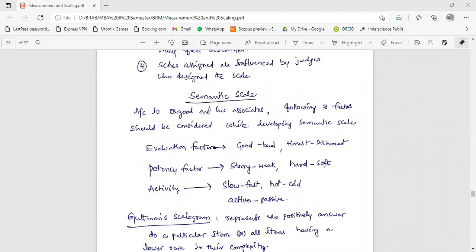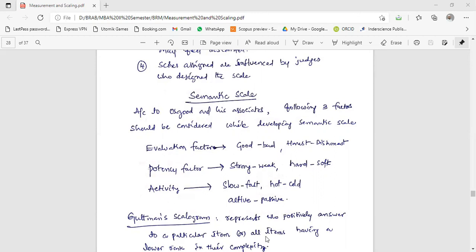The evaluation factor means good, bad, honest, dishonest, like this. So what you are evaluating. The potency factor means strong or weak, hard or soft, what potential they have. And activity means slow, fast, hot, cold, active, passive. These are the activity factors.